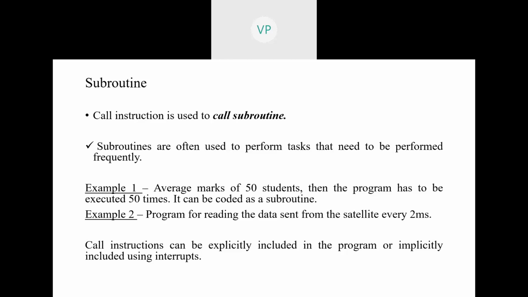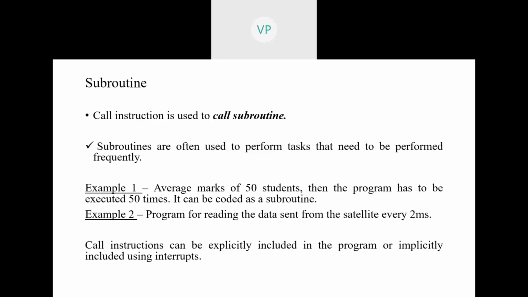Normally what we do is we don't write these ourselves. If I want to do any string copy or string concatenation, I directly call the function and send the parameters to it. It will perform the task for which the function is written, and it will return the value to the main program. Subroutines and functions are more or less the same, but normally functions have return values, whereas in a subroutine we don't have any return values.